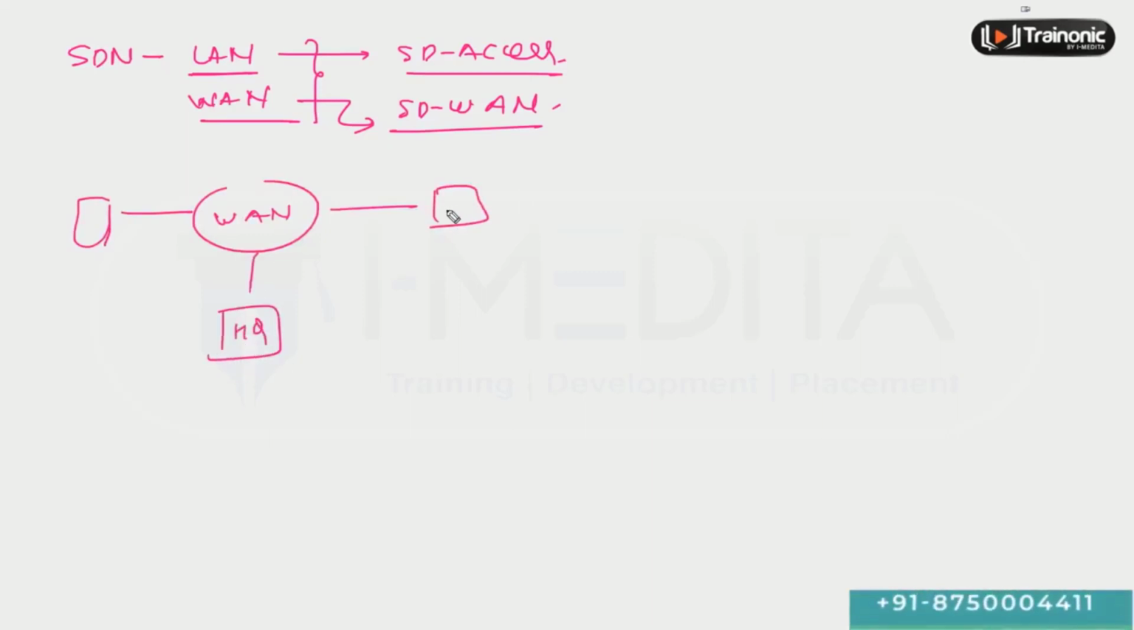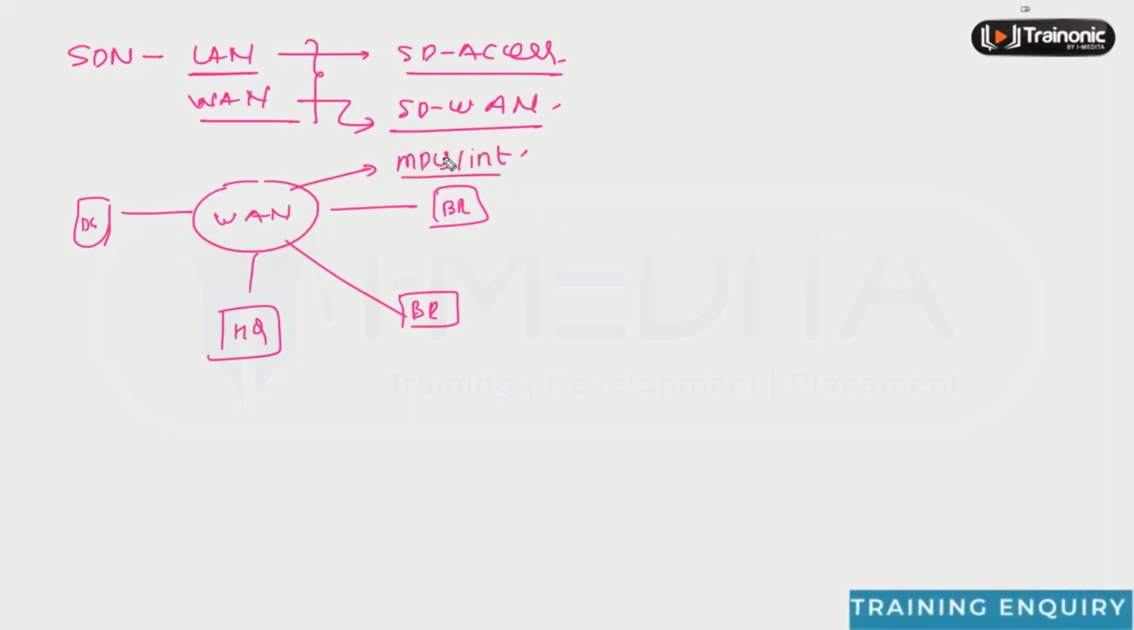Like we have this headquarter, we have this branch, we have this data center, for example, we have some other branches as well. So WAN was all about connecting the different locations all together using any sort of WAN transport such as MPLS or internet. People were using MPLS as the main, primary transport, and they were using internet more as a backup